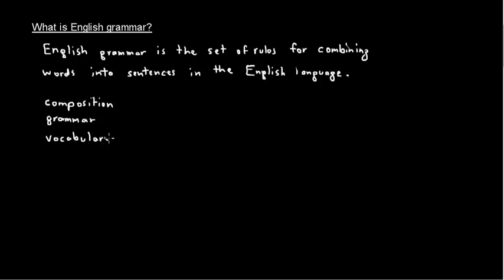Okay, and I'm going to discuss them starting bottom up. So vocabulary is the list of possible words in English. Or actually in any language, but in this case we're all talking about English. There's a French grammar, and there's a French language, and there's French vocabulary. But in English, the vocabulary is the list of all the words in English, and that is